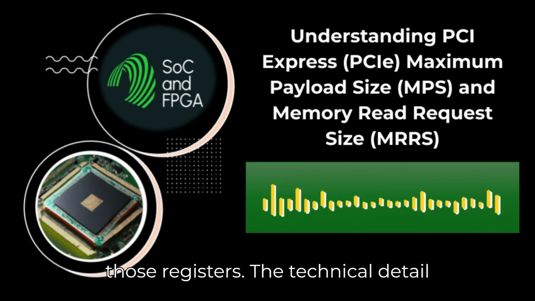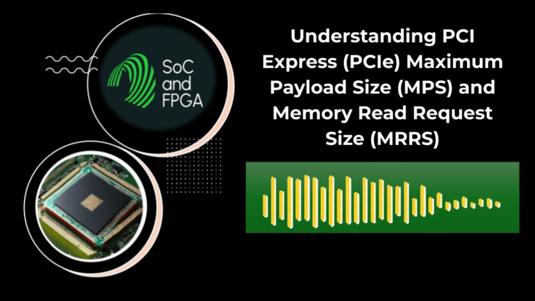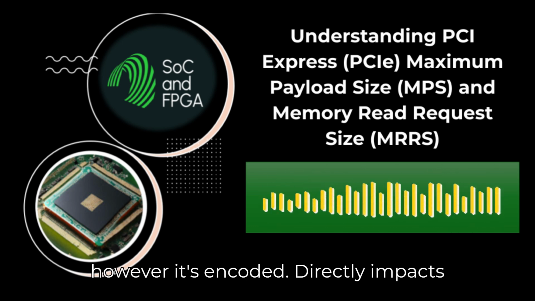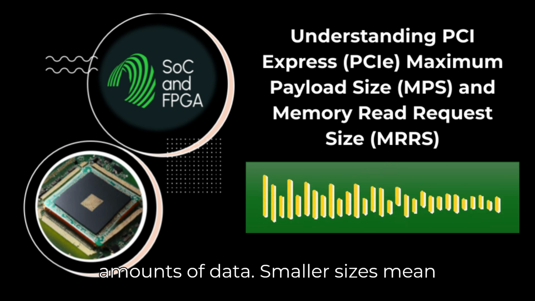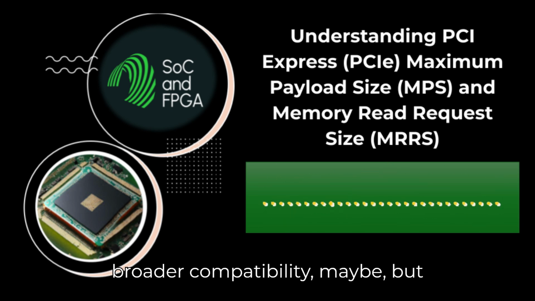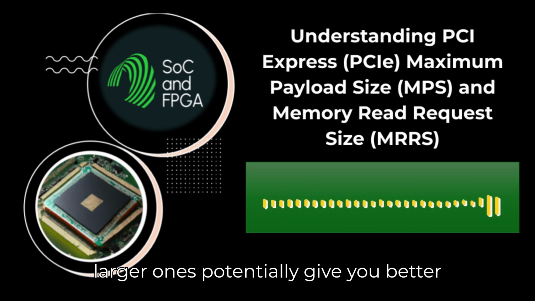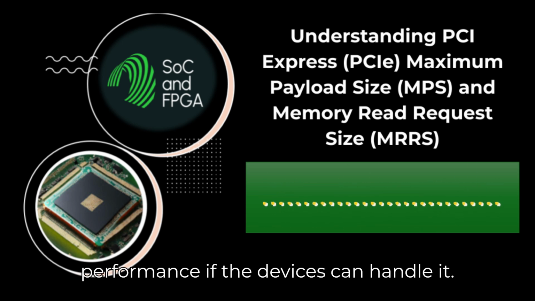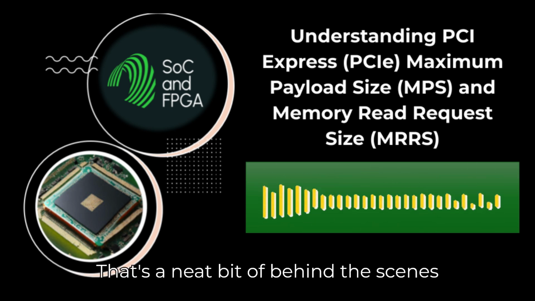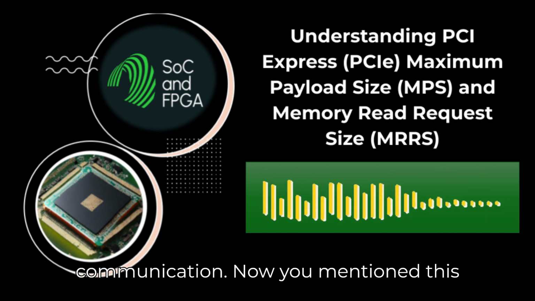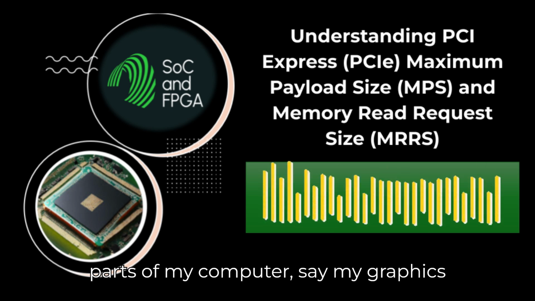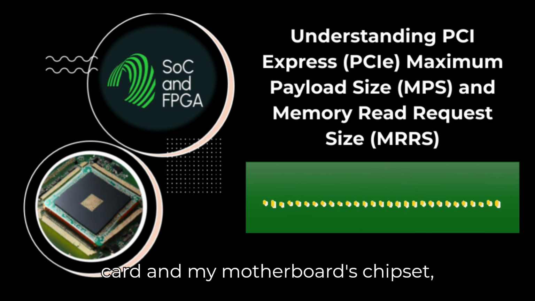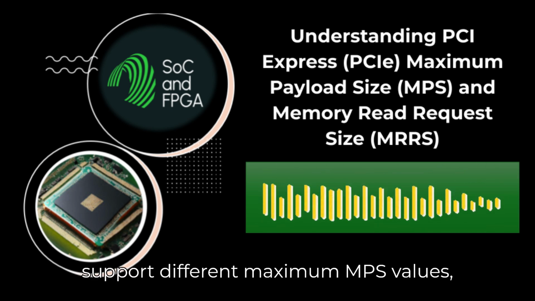The technical detail isn't super important for users, but the key takeaway is that this setting, however it's encoded, directly impacts how efficiently you can transfer large amounts of data. Smaller sizes mean broader compatibility, maybe, but larger ones potentially give you better performance if the devices can handle it. That's a neat bit of behind-the-scenes communication. Now, you mentioned this negotiation. What happens if different parts of my computer, say my graphics card and my motherboard's chipset, support different maximum MPS